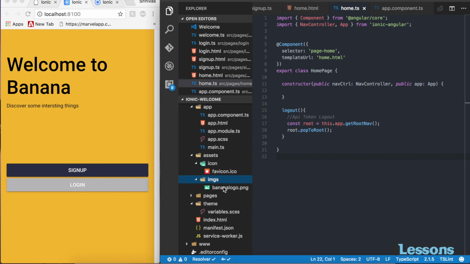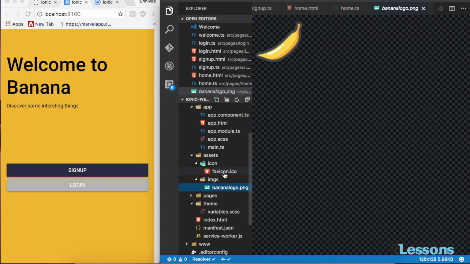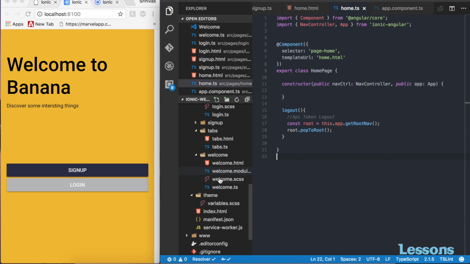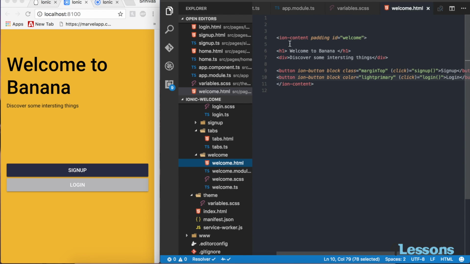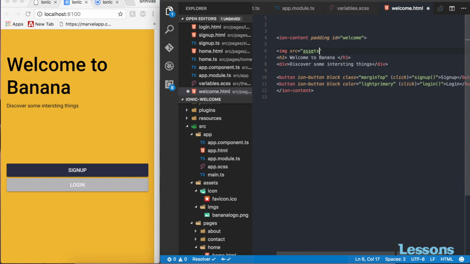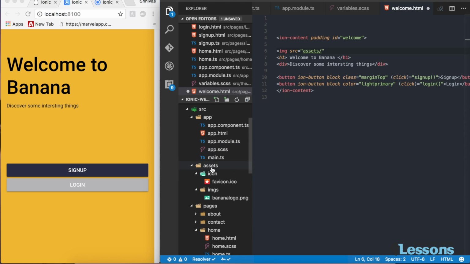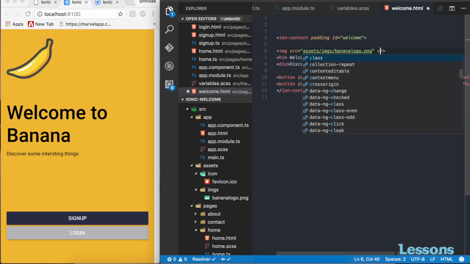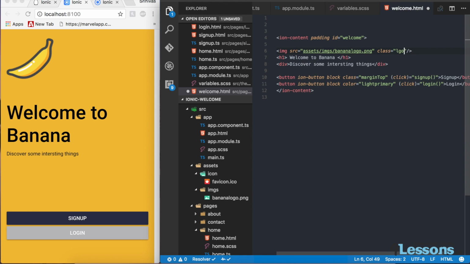So this is the logo, and let me import this in the home page. Go to the pages and welcome, and I'm going to import that here, like img src, like assets, and this is the path, imgs and banana logo png, and let's save it and see. You'll see the logo here. If you want, you can write a class and make it small, and the logo,